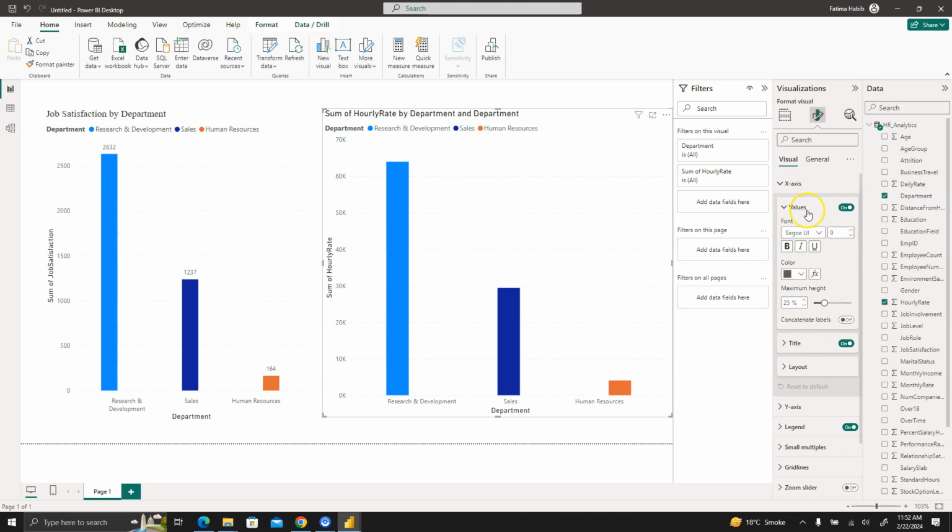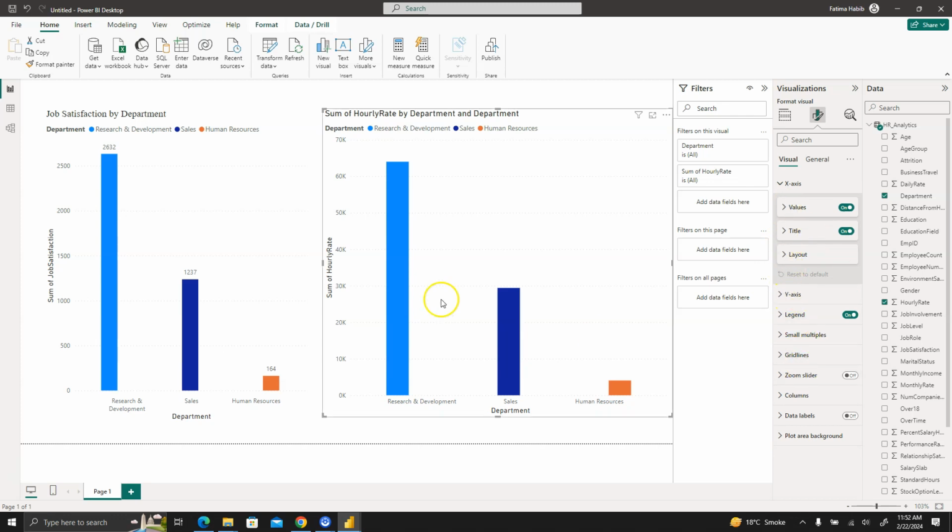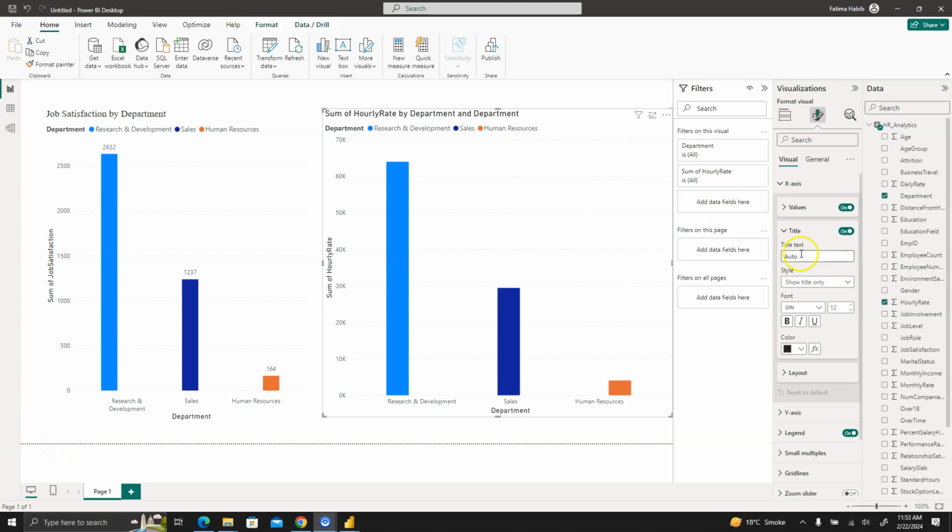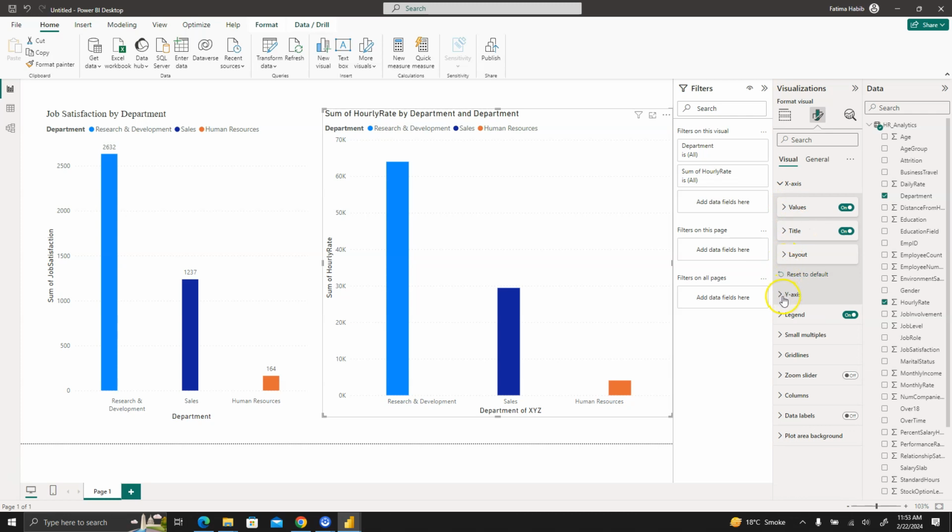X-axis, the font is there, values, title, the layout, everything is available here, and you can change all that you want. So I wish to change the title of the text here, which is auto right now. So I want to say that on x-axis it needs to be department of XYZ company, and for instance on y-axis I want to change the title,